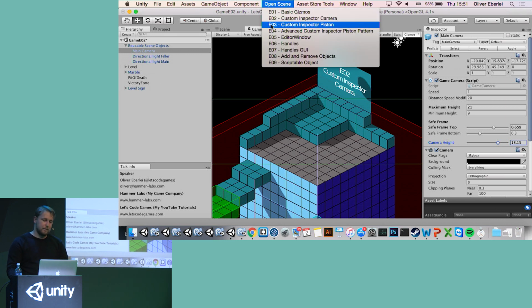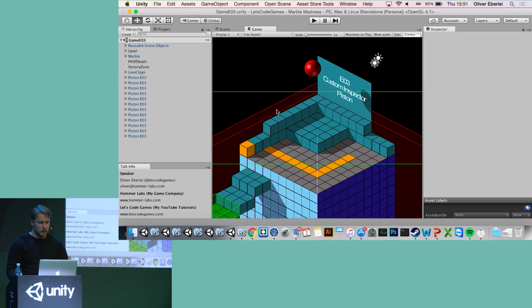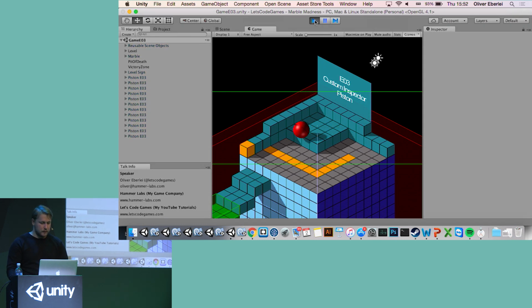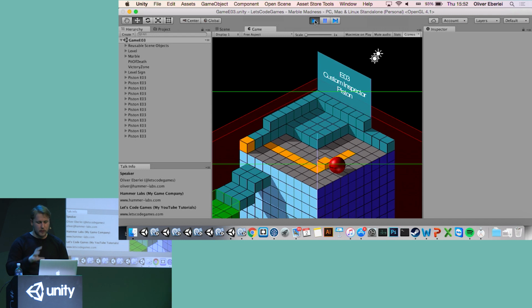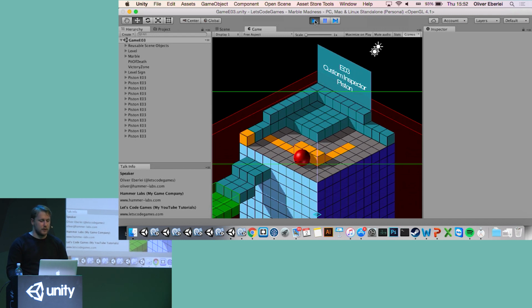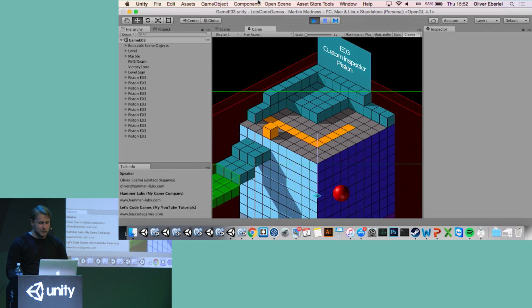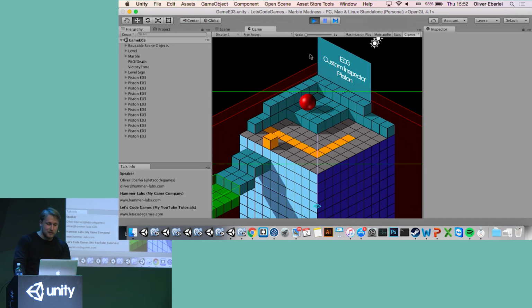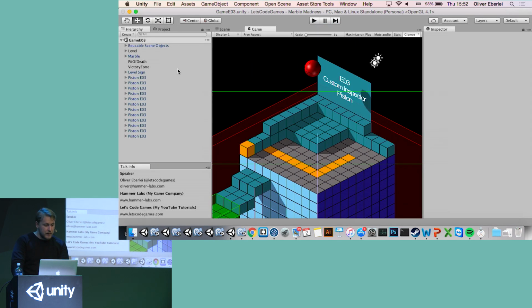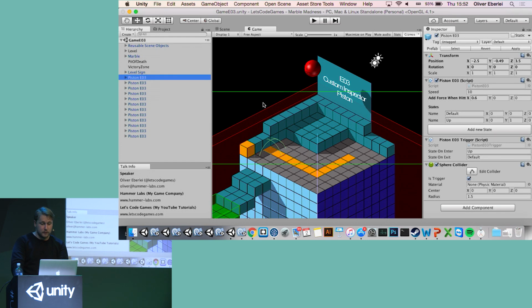So in this scene, I introduced a new level design object called a piston. And the piston is a very simple object. When I move close, it basically changes the height. So there's a trigger around that object, and when I enter that trigger, the state changes. And then there's this stick over here that just moves me off if I want to go to the zone there. Okay, let's look at the custom inspector that I created for this.